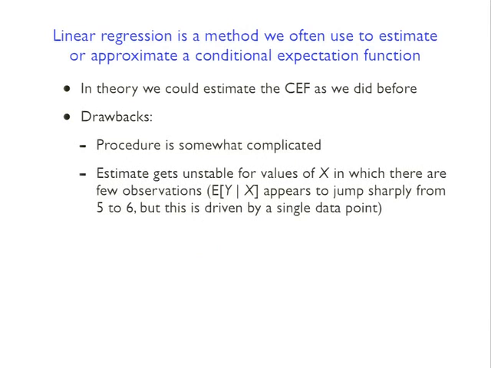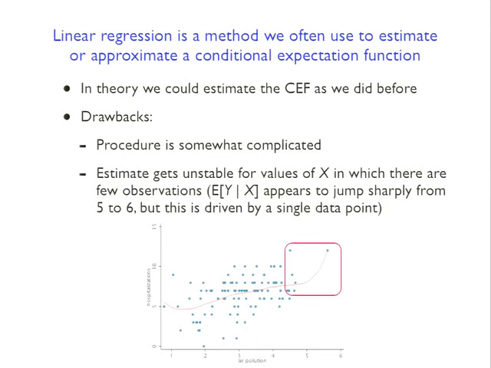And if you don't have a really large data set, then you may not have really dense data across the entire support of x, or in this case, the support of air pollution. I've highlighted an area where that becomes problematic in this example. If you look at days on which air pollution is between 5 and 6 units, there's really just a single day there. And so the relationship that we're trying to estimate here, the CEF, which we're representing with the red line, is basically being totally dominated by that single data point, right? There are no other data points in that area, and so this one data point is really pulling up the line right there.